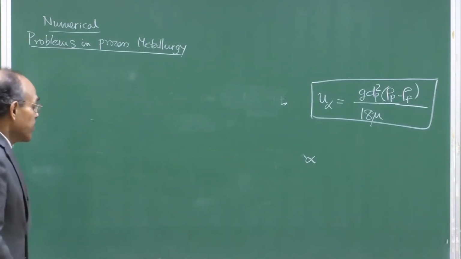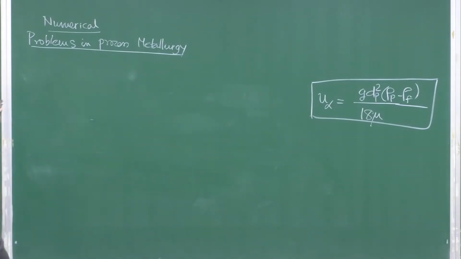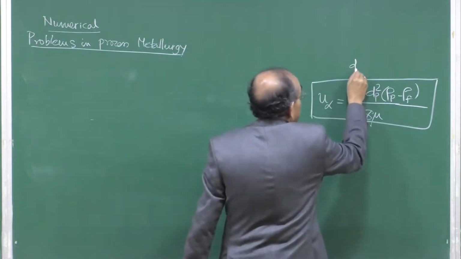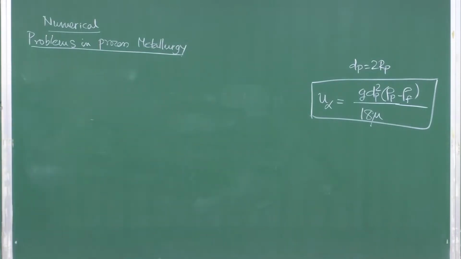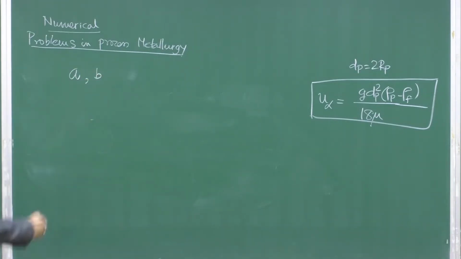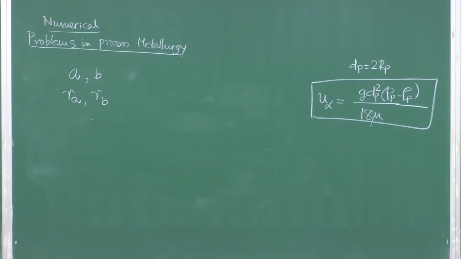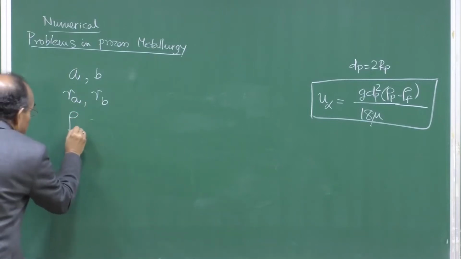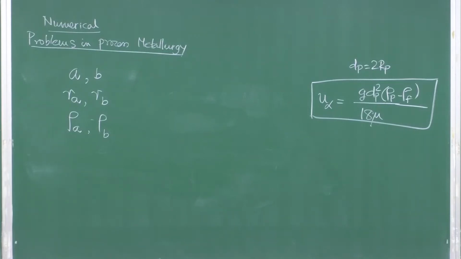and therefore, you can say that the free settling ratio is determined now, for example, in which dp is essentially 2 times rp, twice the radius of the particle. Now, based on this, if you have 2 different particles A and B, with radius of the particles r a and r b, and density of the particles rho a and rho b, then if we say that both these particles,